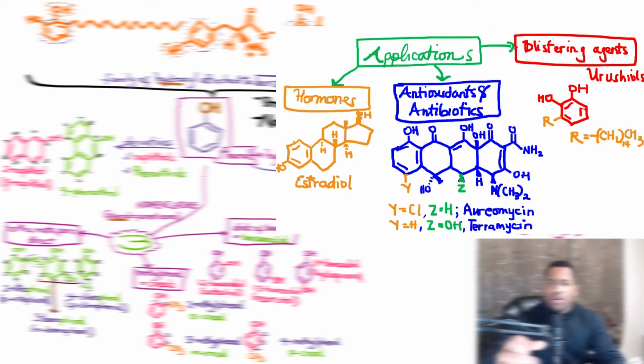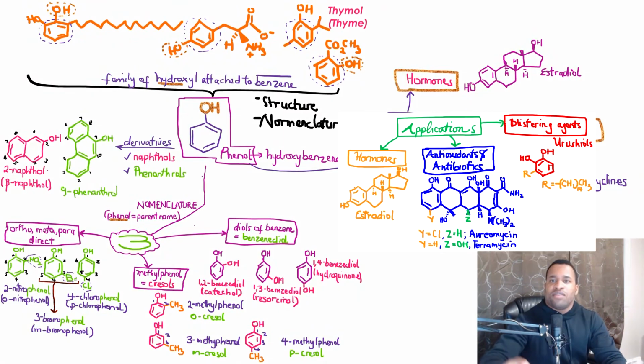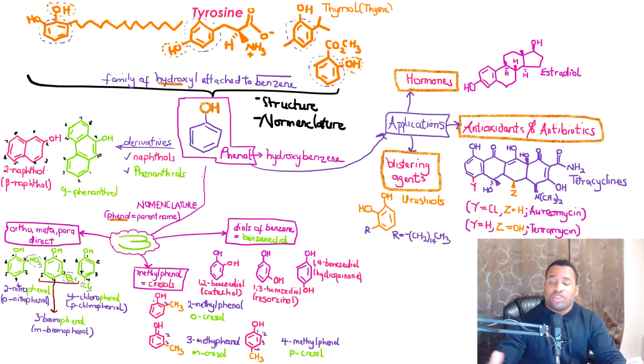And we have other ones, like the one at the top, we have the thymol, which is also found in thyme. And in this other one right there, we have the methyl salicylate, and this is actually found in oils, mainly oil of, I would say, wintergreen also, which is quite interesting to find. And finally we have the amino acid, which is tyrosine, and tyrosine is quite crucial in terms of biological processes and building of various proteins coming from this particular amino acid. So that is about it for this particular